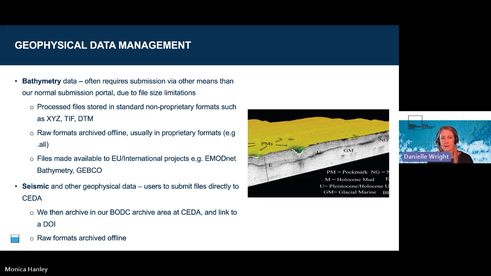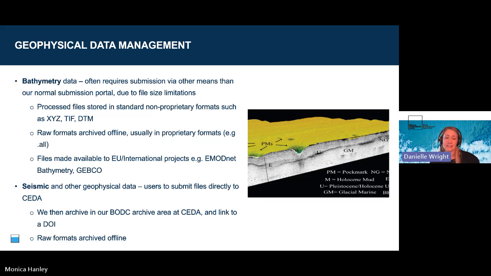Yeah, so I'm just going to talk a little bit about the geophysical data management at BODC and focus on just a few of the main types that we get. So one of the main types is bathymetry data. Typically via our normal submission app route, there's a file size limit of about 250 megabytes, I think. And in most cases, the final processed data that we like to make available to users is at that limit or just above. So we do tend to have to go down